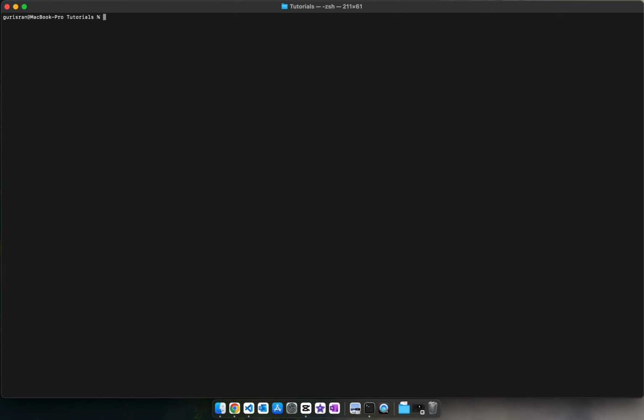Alright, so I have my MacBook terminal open, and I'm gonna use the terminal to actually create the app and then open VS Code. So I'm in my tutorial folder where I'm gonna create my project. So I'm gonna use Vite. So I'm gonna go npm create vite at latest,